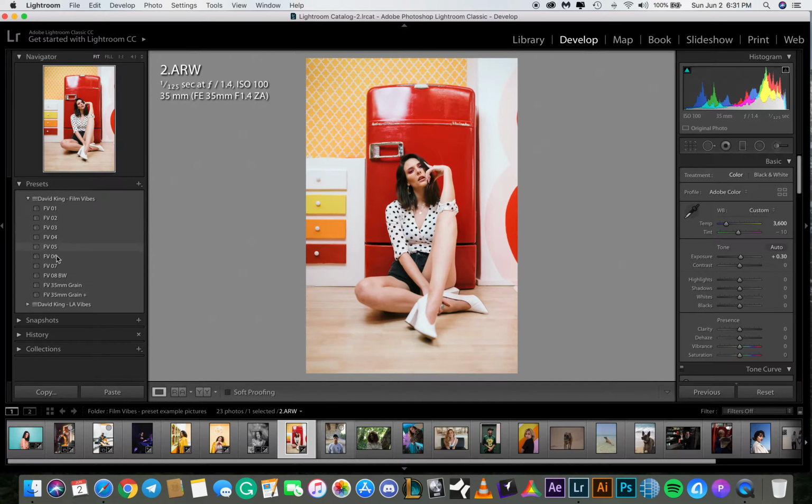That's what I like about having these all be cohesive as well, because you don't have to stick to, oh, I got to do this whole set with FVO1. No, you can jump back and forth. It's not that big a difference. I know a lot of people might want to keep the whole set the same, but you don't have to worry so much about the cohesiveness of your Instagram